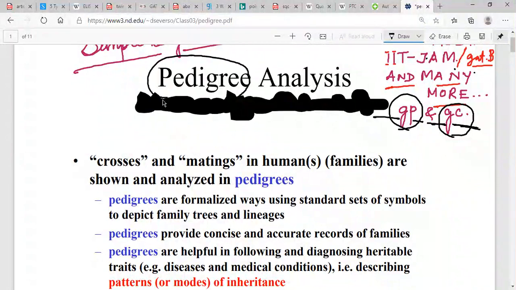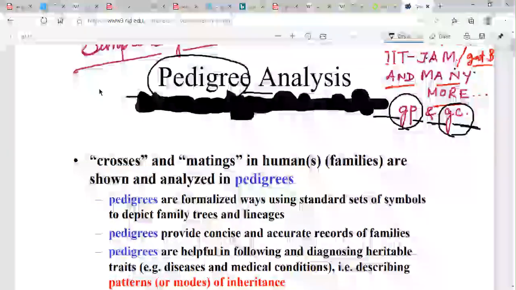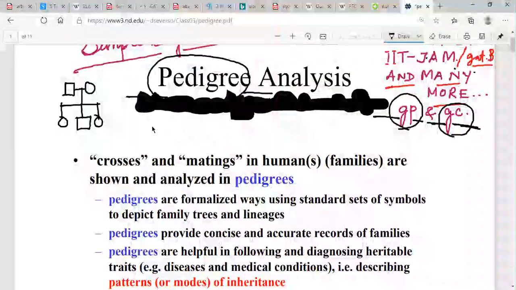It is a practical approach and you are given a table through which you can study. So the definition is very simple. It is a family tree. For example, you could be given a family tree like this, and you have some genetic symbols. So it is totally based on symbolism. You have some standards. It is not mnemonic or non-standardized. There are some standard genetic symbols. So it is a genealogical table. We call them a